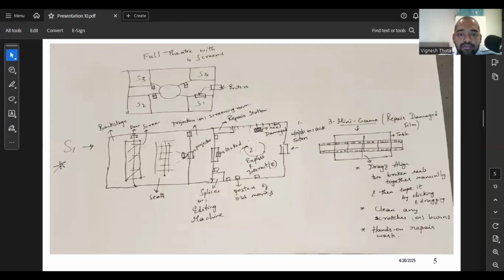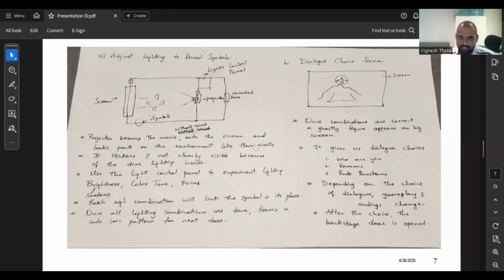So this is the map. So this is the projector room. Once the symbols are done, he gets a ghostly figure on the big screen. Then the dialogue choices are made, and then the door to the backstage is open. So he can go and explore here too. He can explore this theater. He can explore the backstage now. And then we come to our